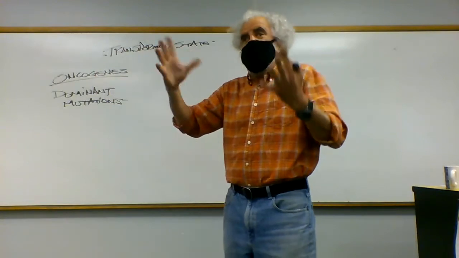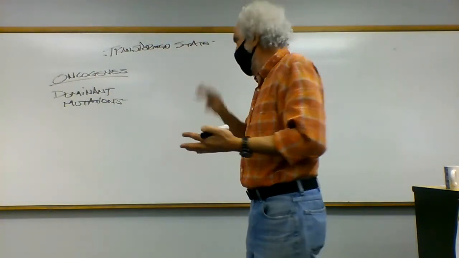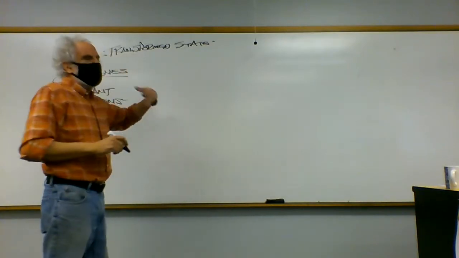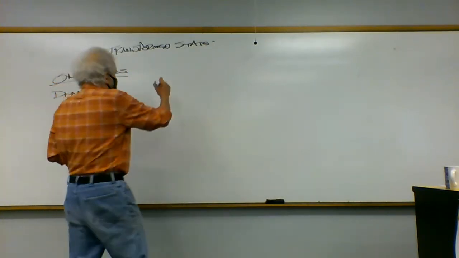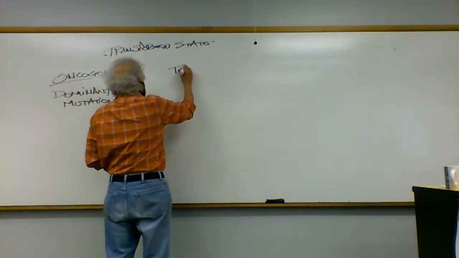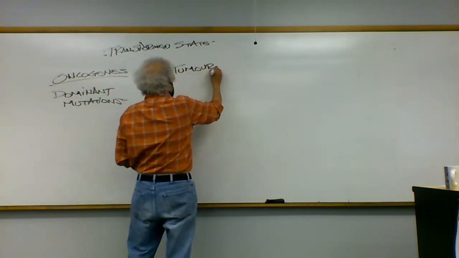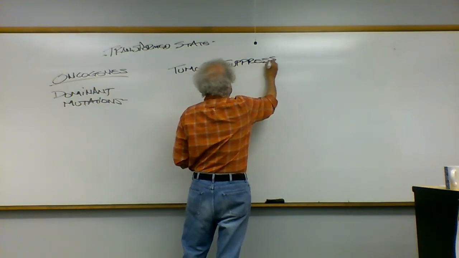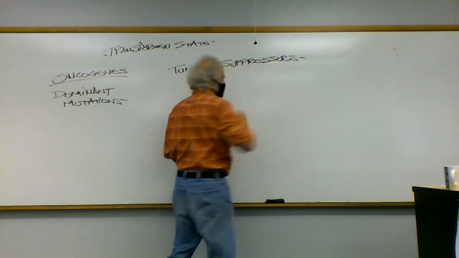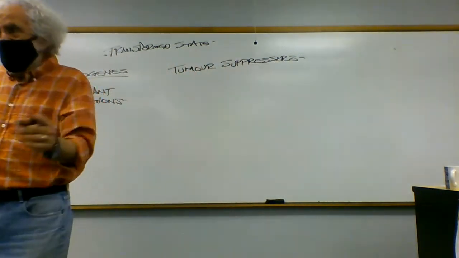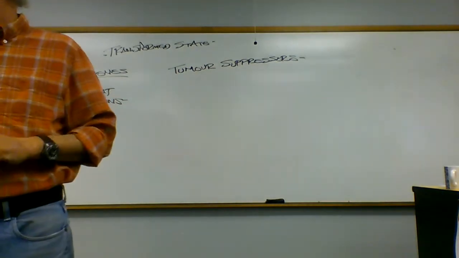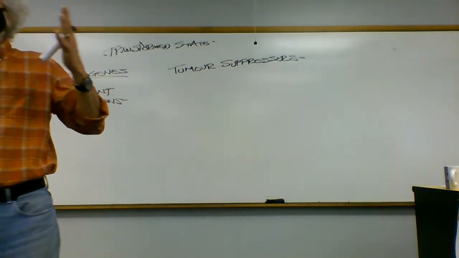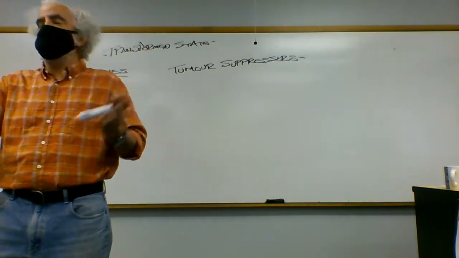The other class of genes that are responsible for a full-blown transformed state were a class of genes that took a little bit longer to discover. And these are referred to as tumor suppressor genes. Tumor suppressors typically are DNA binding proteins. They are proteins that are responsible for modulating expression of a whole range of genes.